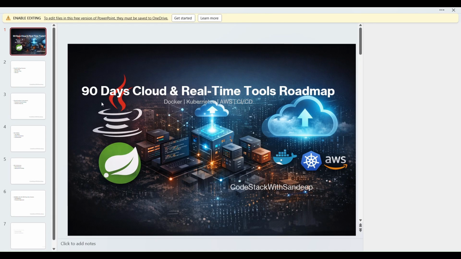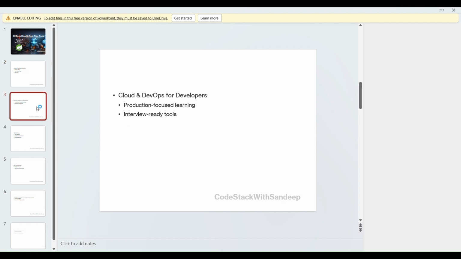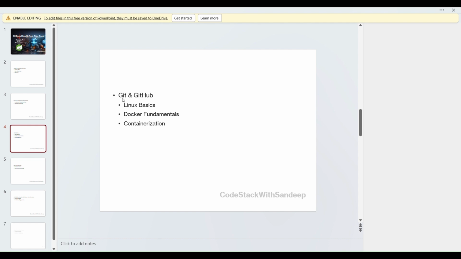We will talk about the 90 days cloud and real-time tools roadmap. So what we are going to discuss in the next 90 days after our full stack development are the real-time tools, and what our outcomes will be at the end of the course. We will talk about production focused learning and interview ready tools. We'll be discussing Git and GitHub.